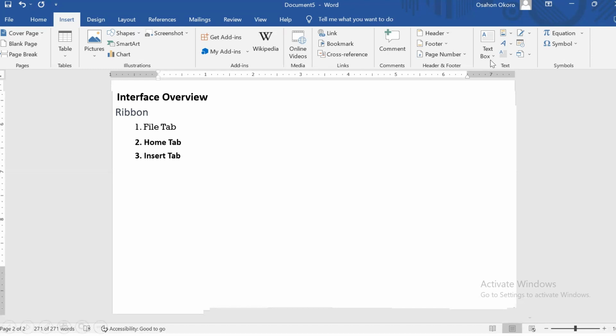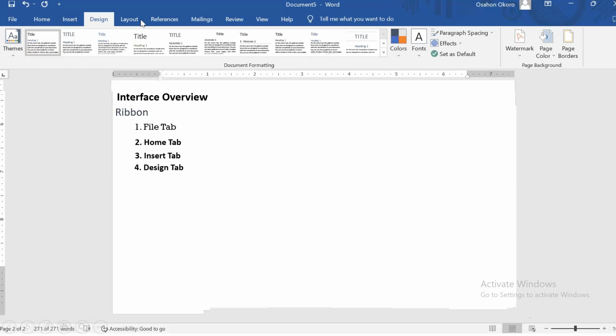You have all those functions listed out here. Take, for example, your header and footer. Maybe you want to add page numbers to your document. It's your footer you use. With your header, you want consistent information on all the pages of your document. Or you want to insert an equation, maybe you're typing an equation or a symbol into the document. Use the Symbol section for all that. So having said all these, these functionalities are in the Insert tab. Now let's go to the Design tab. We are going to be looking at each and every one of them.